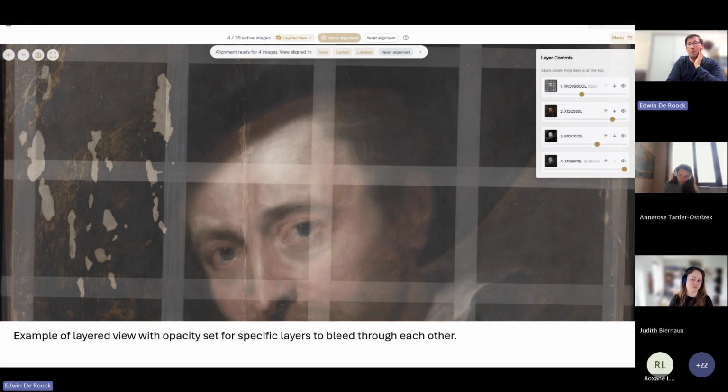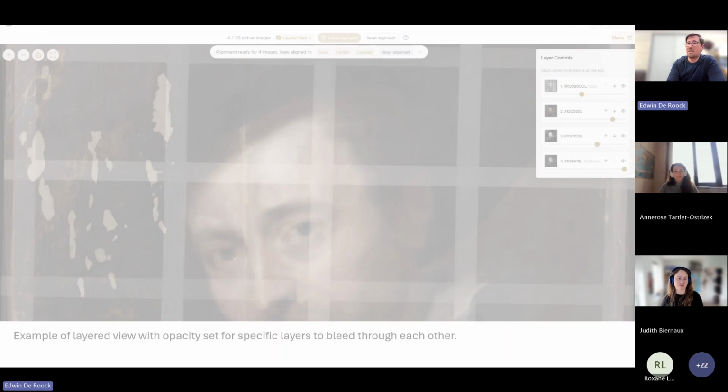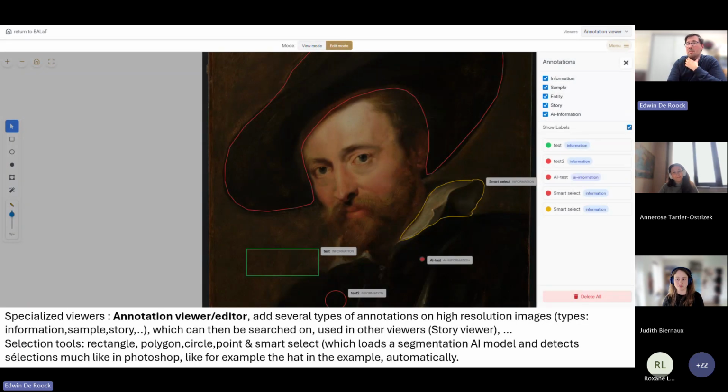Even for photos that are taken from a different angle, you can still align a specific subject of all the photos, and it will align centered on that, and it will kind of diverge once you get away from the points you aligned. And the other specialized viewer we made is the annotation viewer, which will mostly be used in